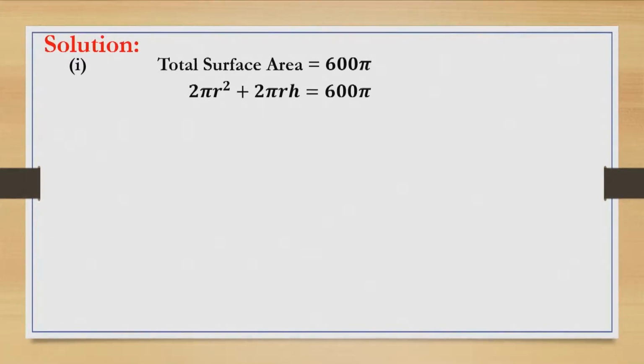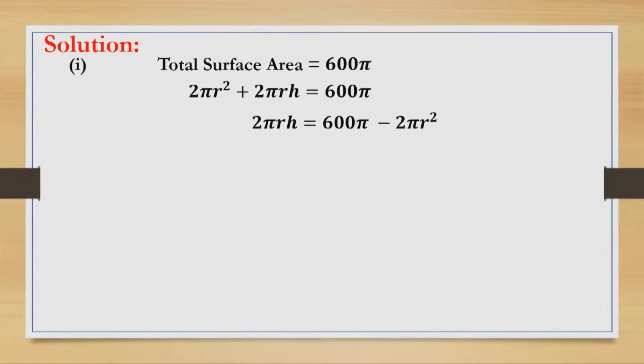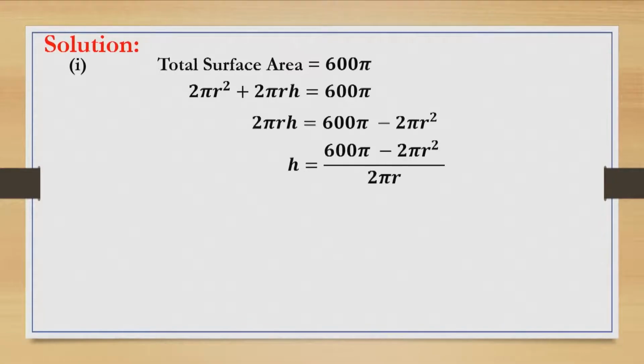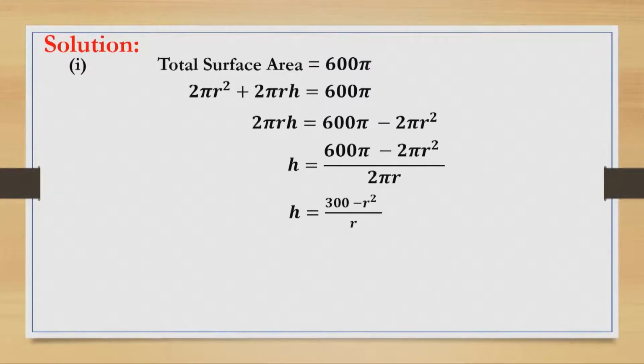So the total surface area will be 2 pi r square plus 2 pi r h equal to 600 pi. So here I'm going to make h subject of formula. I will have 2 pi r h equal to 600 pi minus 2 pi r square. h will be equal to 600 pi minus 2 pi r square over 2 pi r. Simplifying, I'm going to cancel the 2 pi and this will give me h equal to 300 minus r square